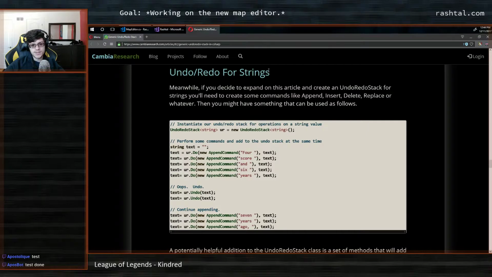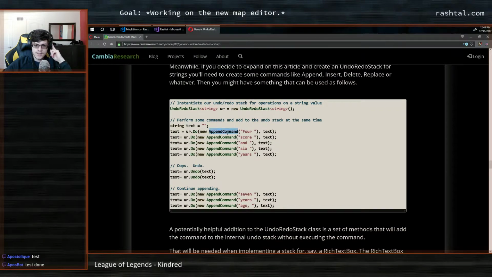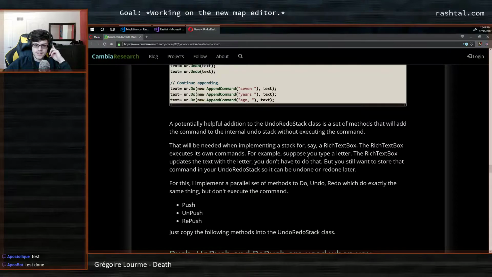Undo redo for strings. Meanwhile, if you decide to expand on this article and create an undo redo stack for strings, you'll need to create some commands like append, insert, delete, replace, or whatever. Then you might have something that can be used as follows. Append command 4. Oops, undo, continue appending. 4 score and 6 years. 4 score and 7 years ago. A potentially helpful addition to the undo redo stack class is a set of methods that will add a comment to the